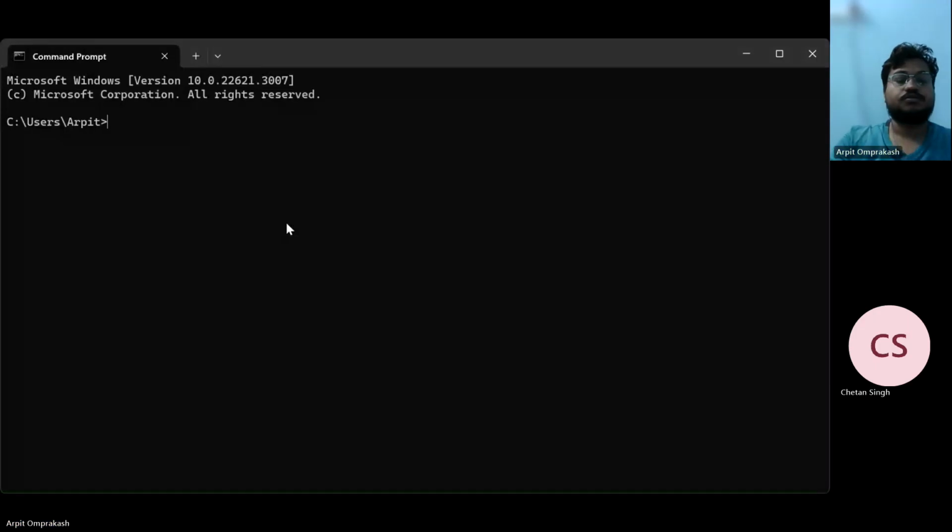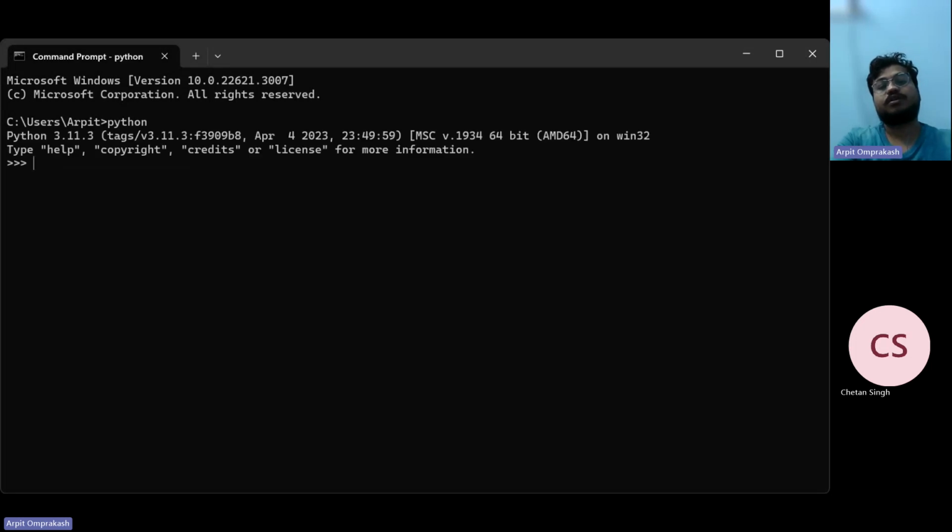Yeah. So basically, once you install Python, you can just type Python in your command prompt and it should come up. Okay. So now what we want to do is,